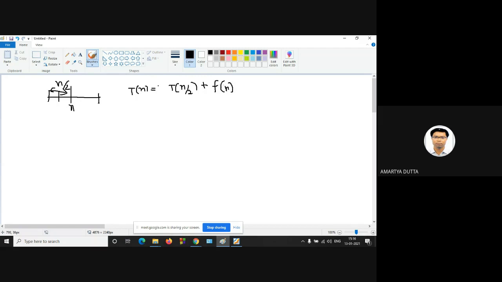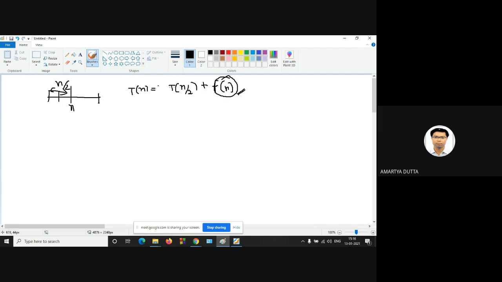This toll function helps to divide the problem and then combine the subproblems. So f(n) is actually the cost of division and combination of your subproblems. This is called your toll function, and T(n) is equal to T of n by 2 plus f(n).